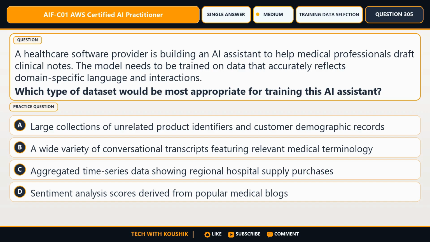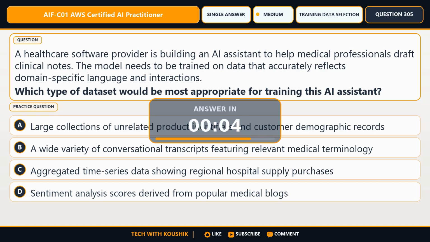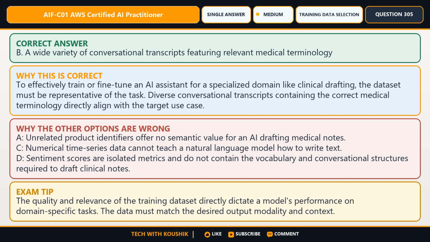Consider option D, sentiment analysis scores derived from popular medical blogs. The option that satisfies the complete requirement is B, a wide variety of conversational transcripts featuring relevant medical terminology.